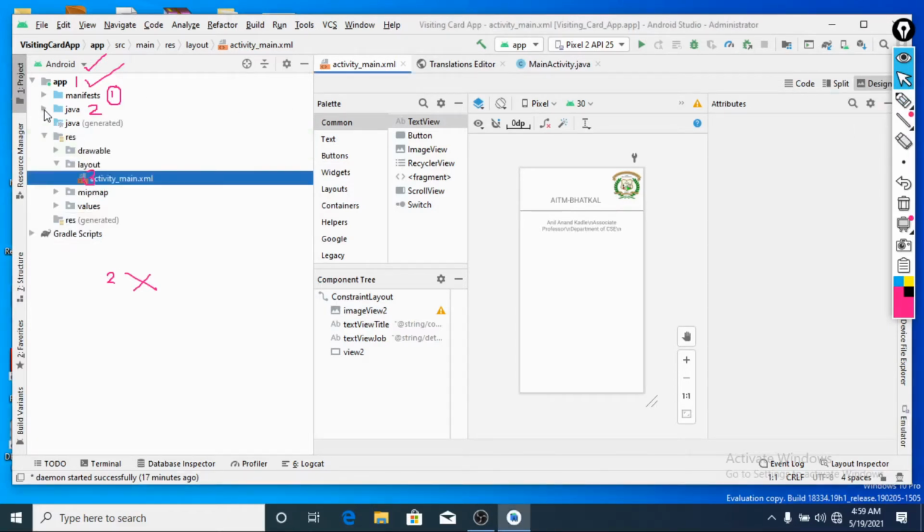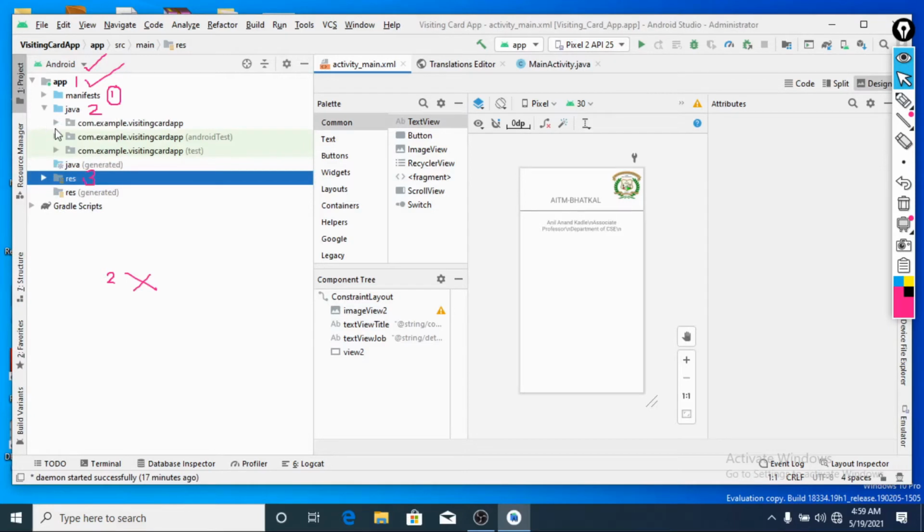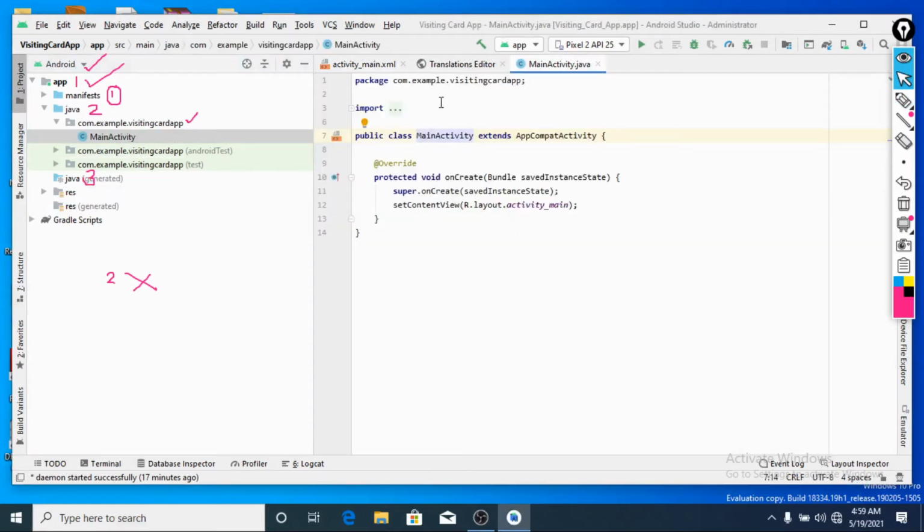Right now, the Java folder is having our activity residing. That means if you click the first folder's subfolder, you will see main activity. Double click on that, you will get the Java program.